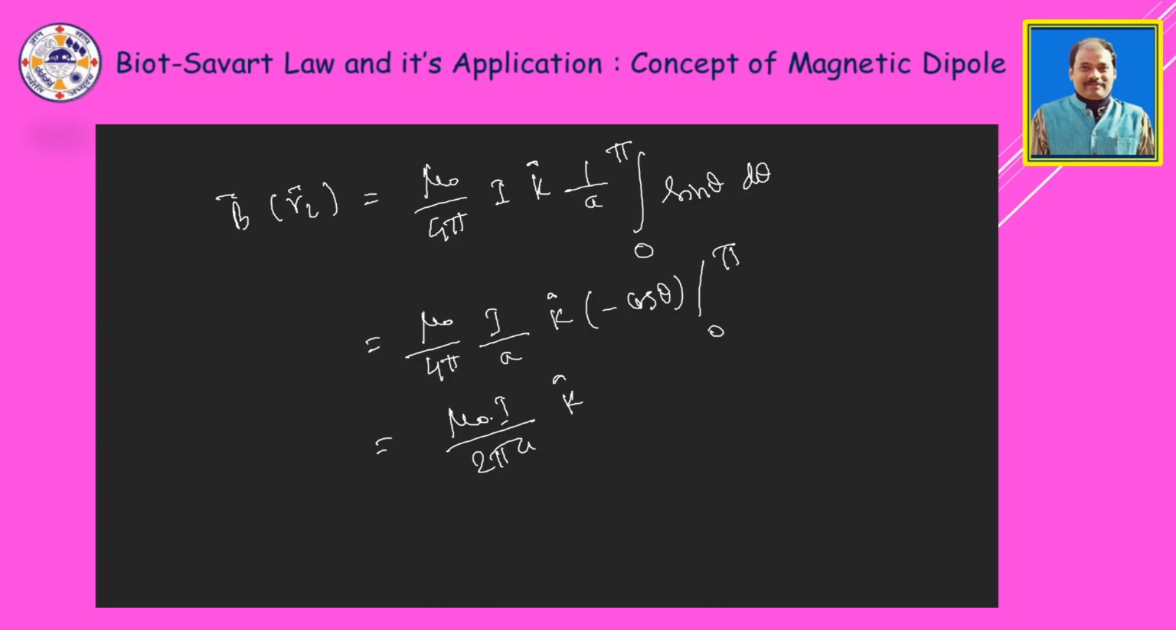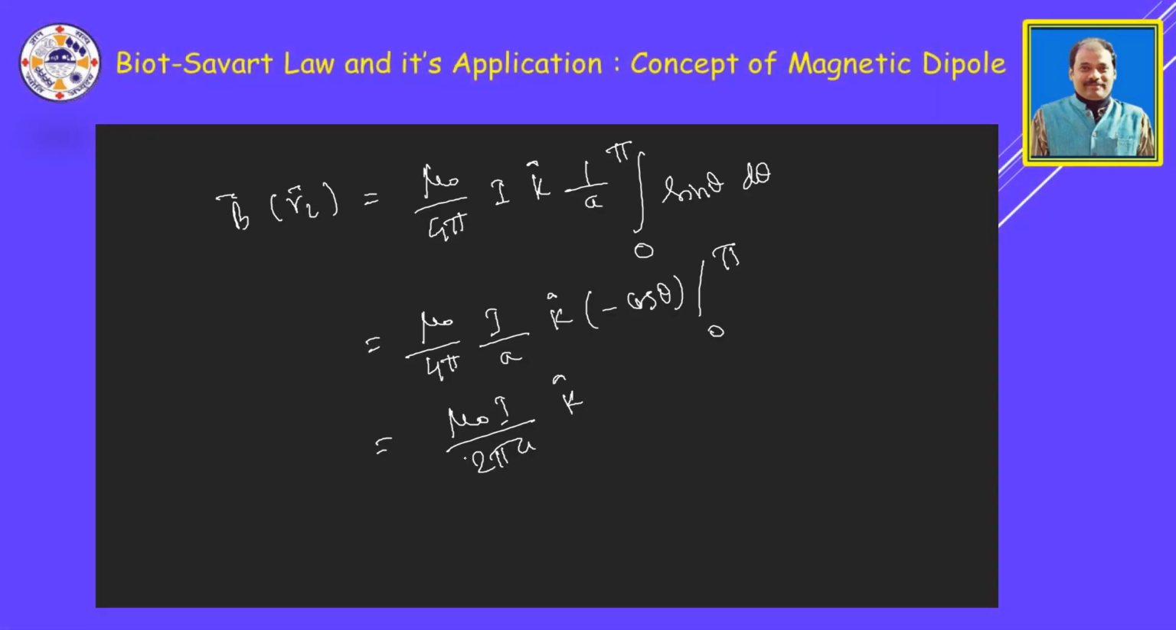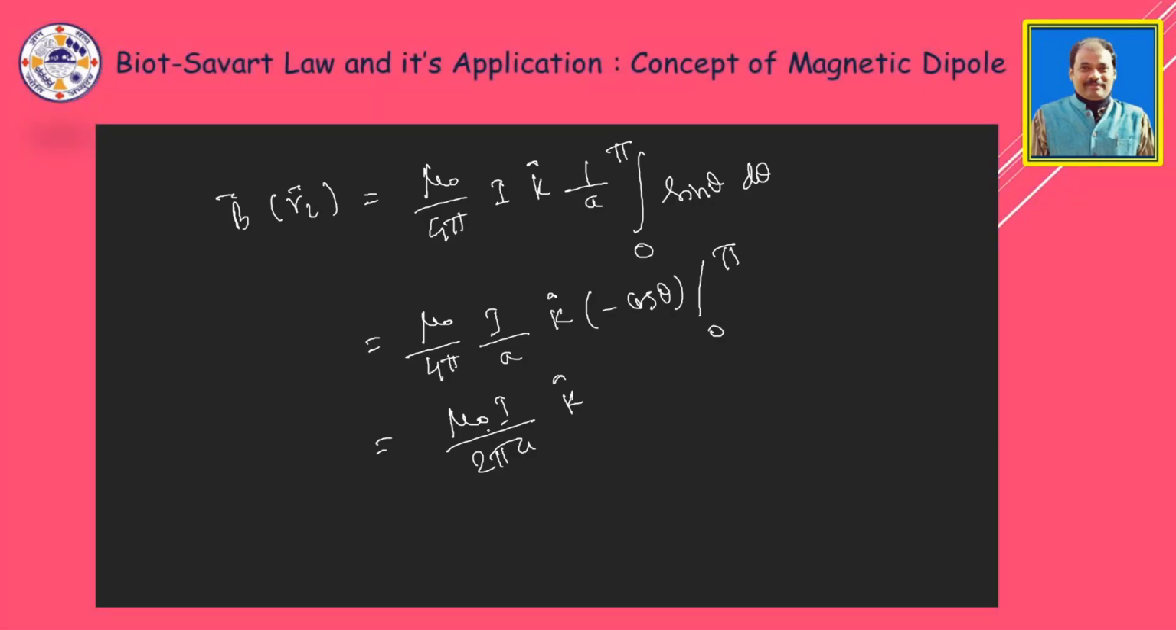Now you have already done this calculation in your 10 plus 2 level, but just observe that here we have approached the problem completely in vector notation. So as we are at undergraduate level, you must start the problem vectorially. Now